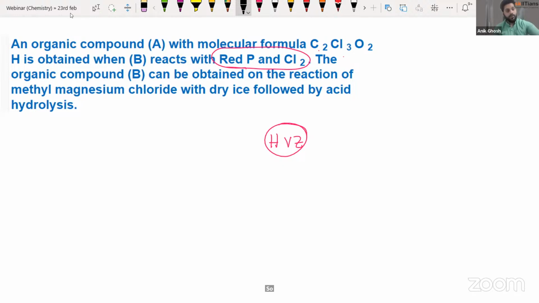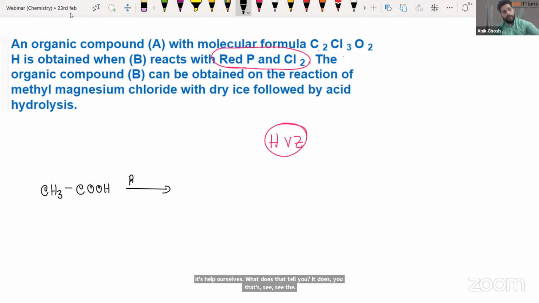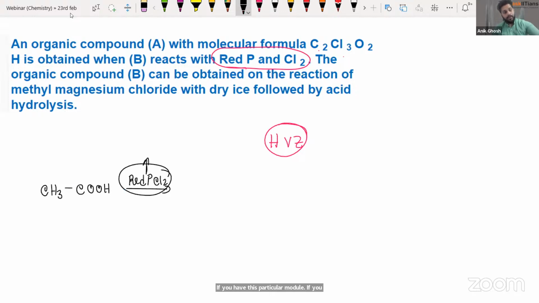What does that tell you? It tells you that if you have this particular molecule, CH3COOH, and you give red phosphorus with Cl2, guys, sometimes they can give you red phosphorus Cl2, sometimes they can give red PCl3, a PCl3 compound with red phosphorus. They can also put the question in this way. Now, if you give that, then what will happen? Red phosphorus in chlorine gas. If you give that, then what happens is you get an alpha halogenation,